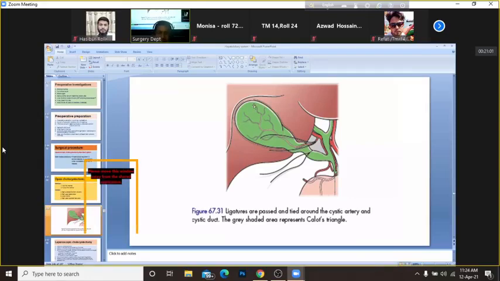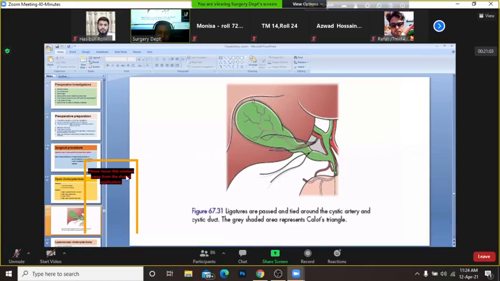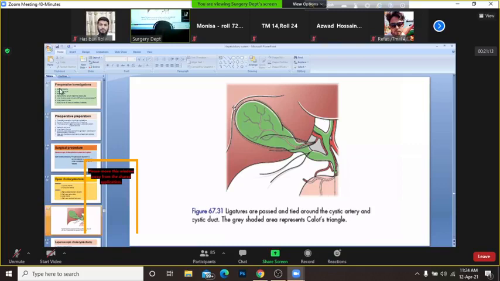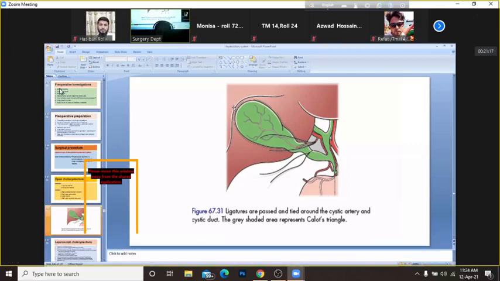But if we do the reverse, that is, we start dissection from the fundus and proceed towards the duct, then we remove the gallbladder from the fossa. This is called fundus first method. So in this method,